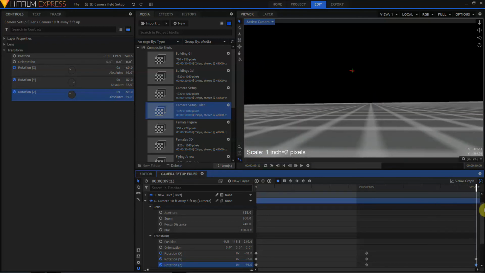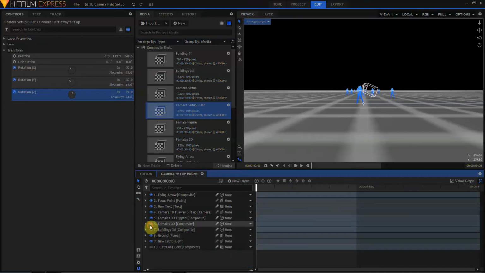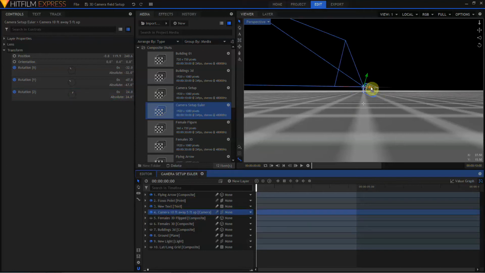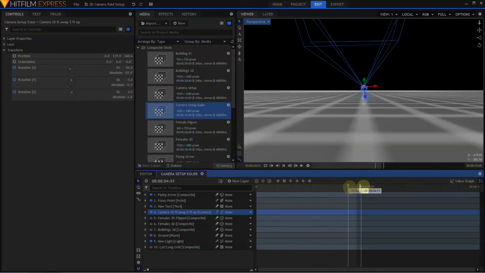This is not how a real camera on a tripod functions. Let's return to the perspective view and take another look at what's going on. I'm going to turn off the buildings and my females for a moment, and we'll just concentrate on the camera. We can see that the camera is starting tilted up on the x-axis. But when it's rotating on the y-axis, the camera is already tilted up. So rather than moving to follow the horizon line, it's rotating around itself. And this is what is causing the horizon line to skew, which is why we're having to animate the Z